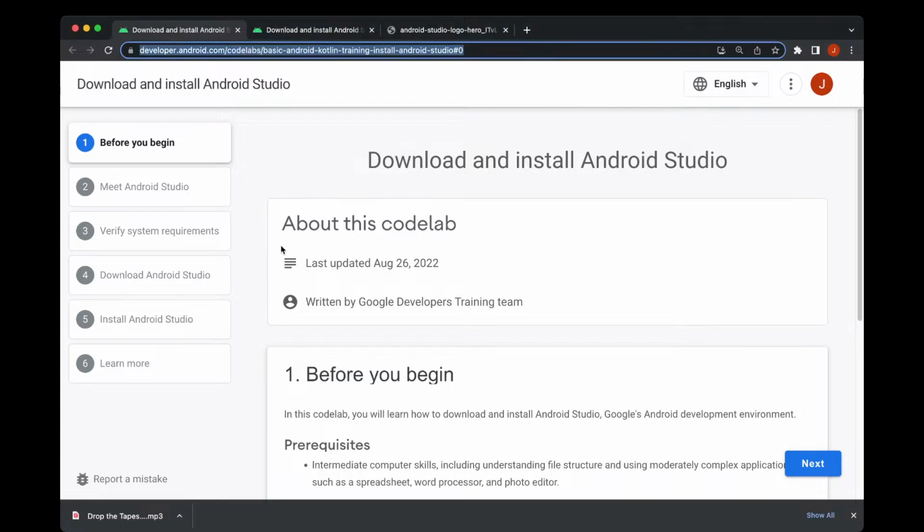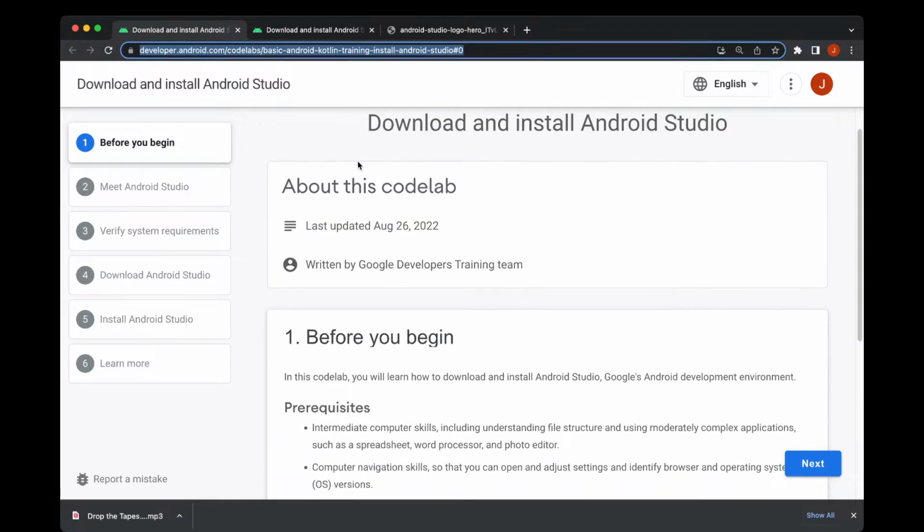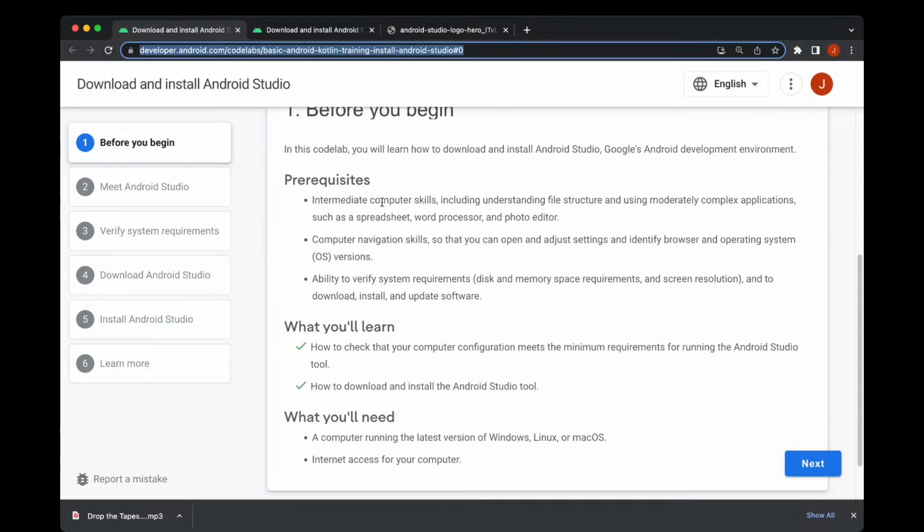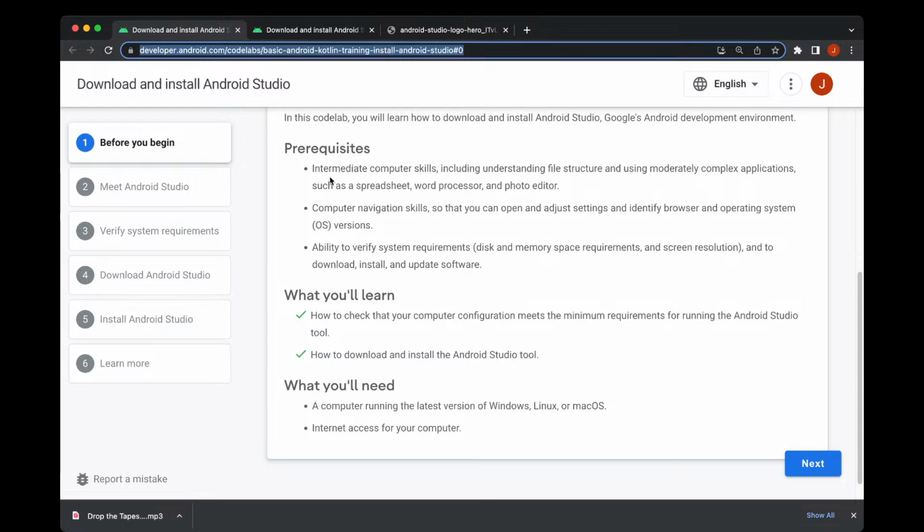So here's the codelab: Download and install Android Studio. And also, this is going to be for Mac and Windows. So before you begin, in this codelab, you will learn how to download and install Android Studio, Google's Android development environment. Some prerequisites you need is